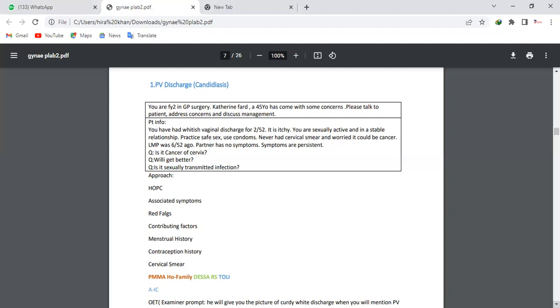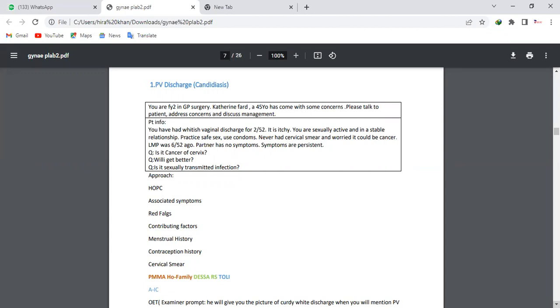I still haven't tried anything because I'm very shy and I'm very reluctant to share this with anyone. All right. Don't worry. We're here to help you. And could you quantify the discharge for me? Is it a spoonful or a cupful? How much? Well, honestly, in the start, it was just a teaspoon, you can say, but now it's much more. All right. And what is the color exactly? Could you describe the color for me? It's whitish. White, curdy. And is it foul smelling? No.